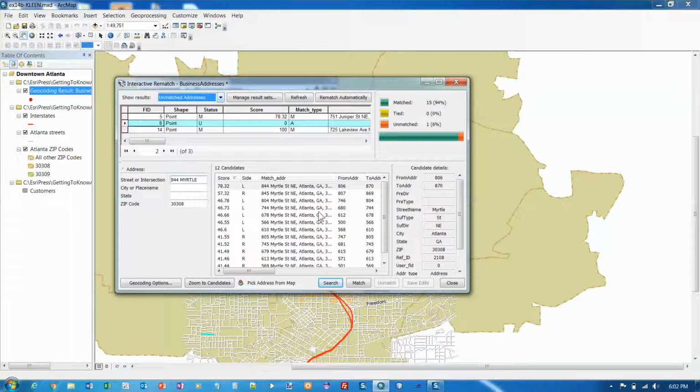And it looks like we get this match right here. And you see this is 845, so these are off by a digit, and so their scores are lower. And so we want it to be 844 Myrtle, and press enter. Now we're on page 484, and